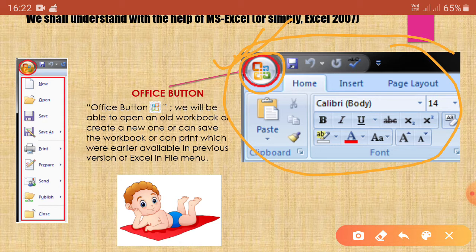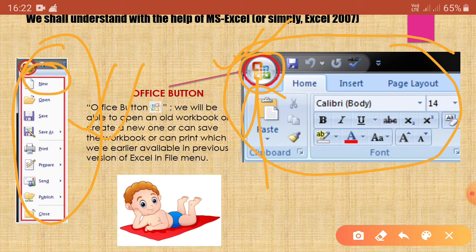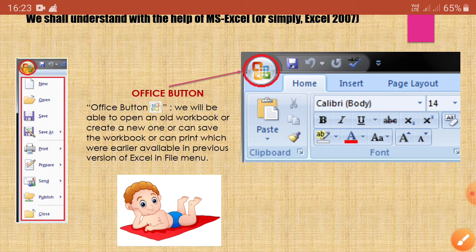Okay, so if we click on this office button, then all the options will be available. Okay, so by clicking on the particular icon we will have the particular function. Okay, so this is office button. Go to the next slide.